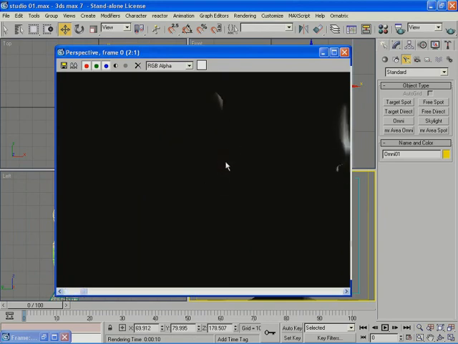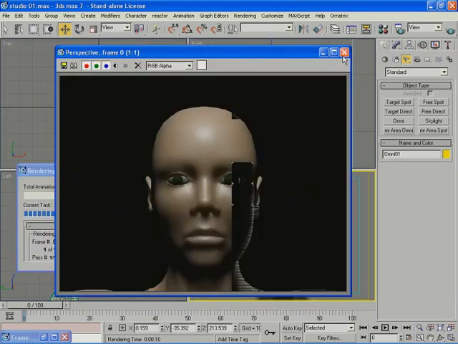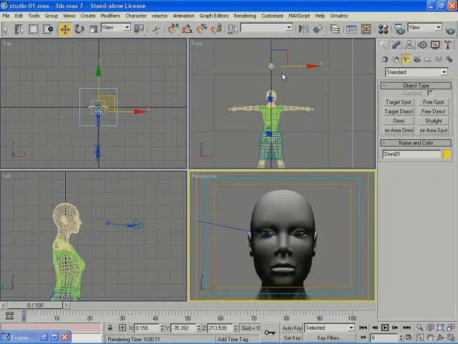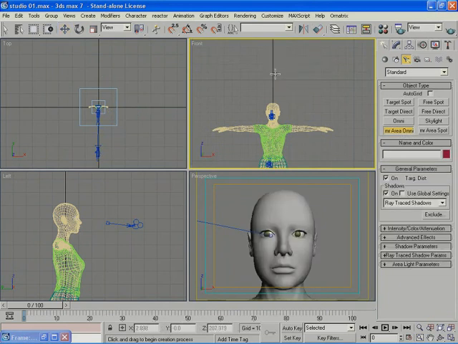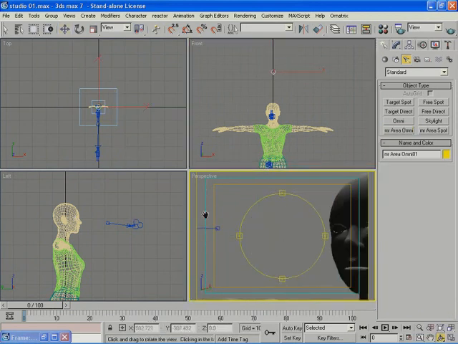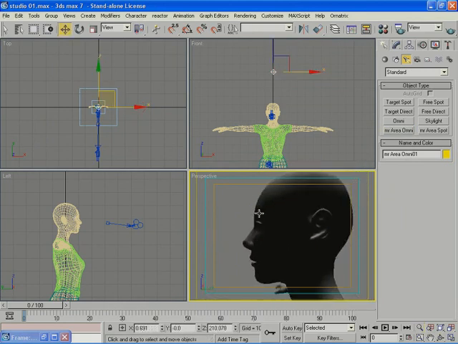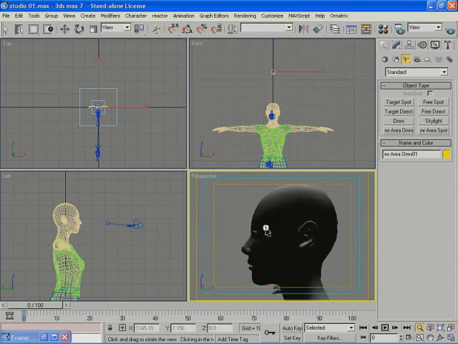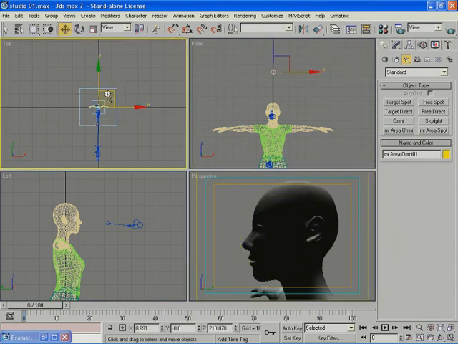Now, it's best for subsurface scattering to use mental ray area omnis or area spots, because those will create the proper shadows for the effect. So I'm going to delete this and add a mental ray omnilight, and I'm going to turn my view now over here, because that will show more thin areas in the head than having to face it like this. So this will emphasize the subsurface scattering effect. Now I'm going to place my light somewhere over here. So if I give this a render now,